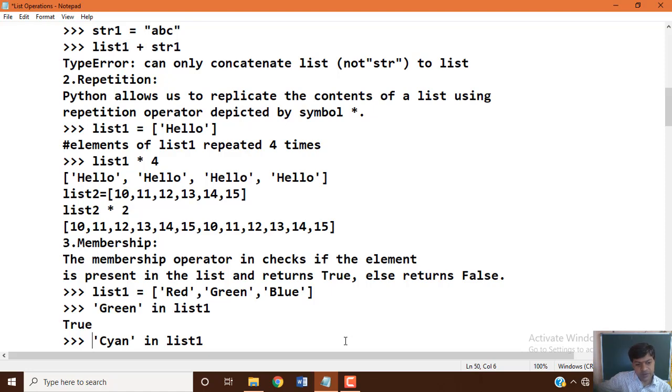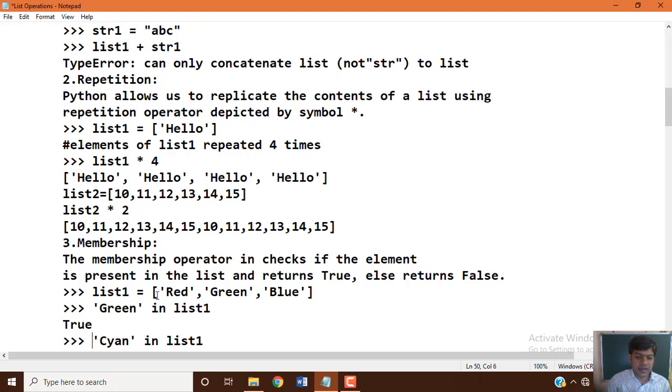The membership operator in checks if the element is present in the list and returns true, else returns false.